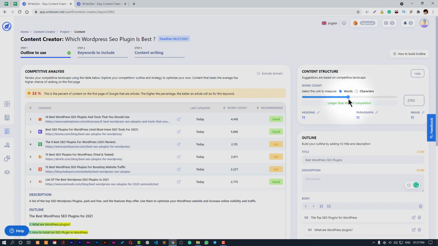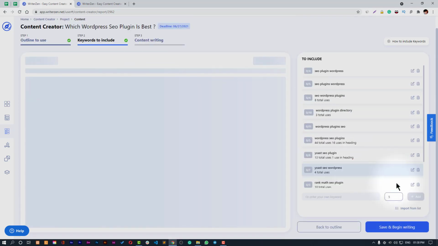But it's not recommended actually. You can go with maybe 2000 words or maybe 1500 words. That's also cool. You can keep images. It also says how many images it will require based on the content. As you drag it, the data of headings, paragraphs and images will change accordingly. And once you are ready with how much content you need, like I can manually input 2500 words, 10 headings, 10 paragraphs, 10 images, longer than 63% of competitors, and let's save and set up keywords.